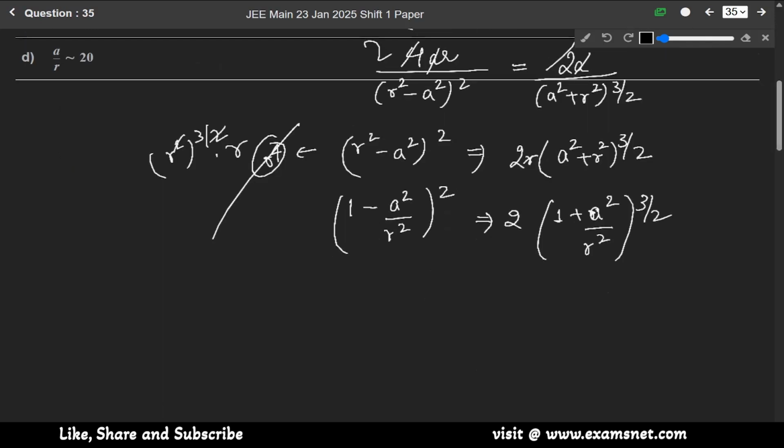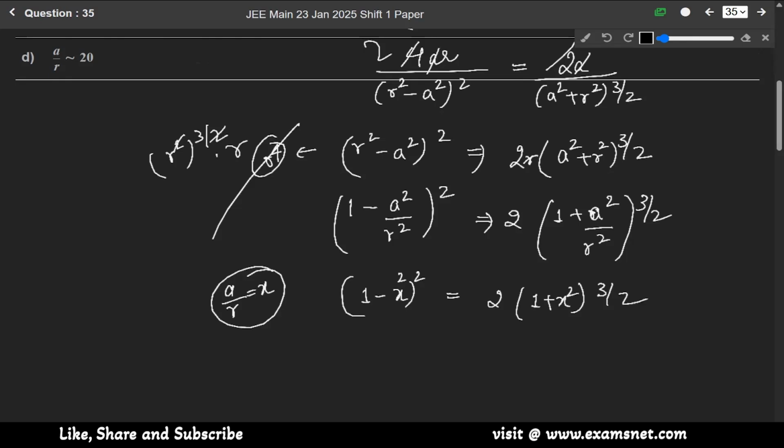Okay, now assuming a over r equals x, so we can write 1 minus x square whole square equals 2 1 plus x square raised to the power 3 by 2, so it will be 1 minus x square whole square over 1 plus x square raised to the power 3 by 2, it is equal to 2. Now